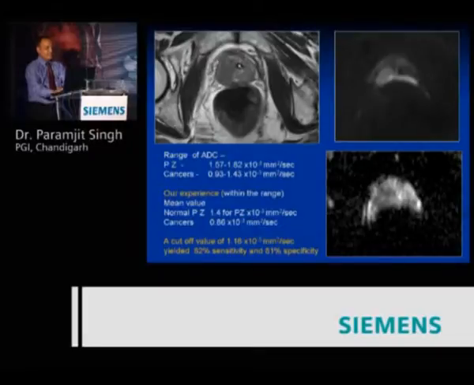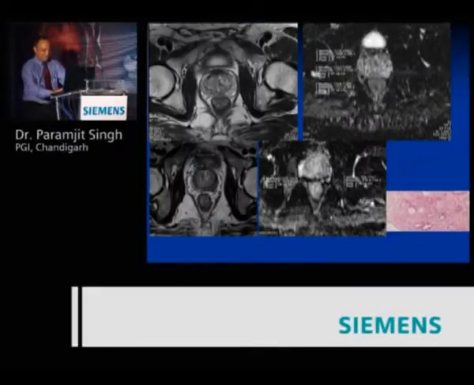And when we used a cutoff value of 1.16, we found that it yielded a sensitivity of 82% and a specificity of 81%. So we feel pretty confident, although one has to get used to these dirty images because initially you find them very unappealing to interpret, but as you go on seeing them, you develop a sense for them. This is what happened to me also. After 30 patients, I started realizing it has useful information in it, rather than everything looking absolutely full of different kinds of artifacts.